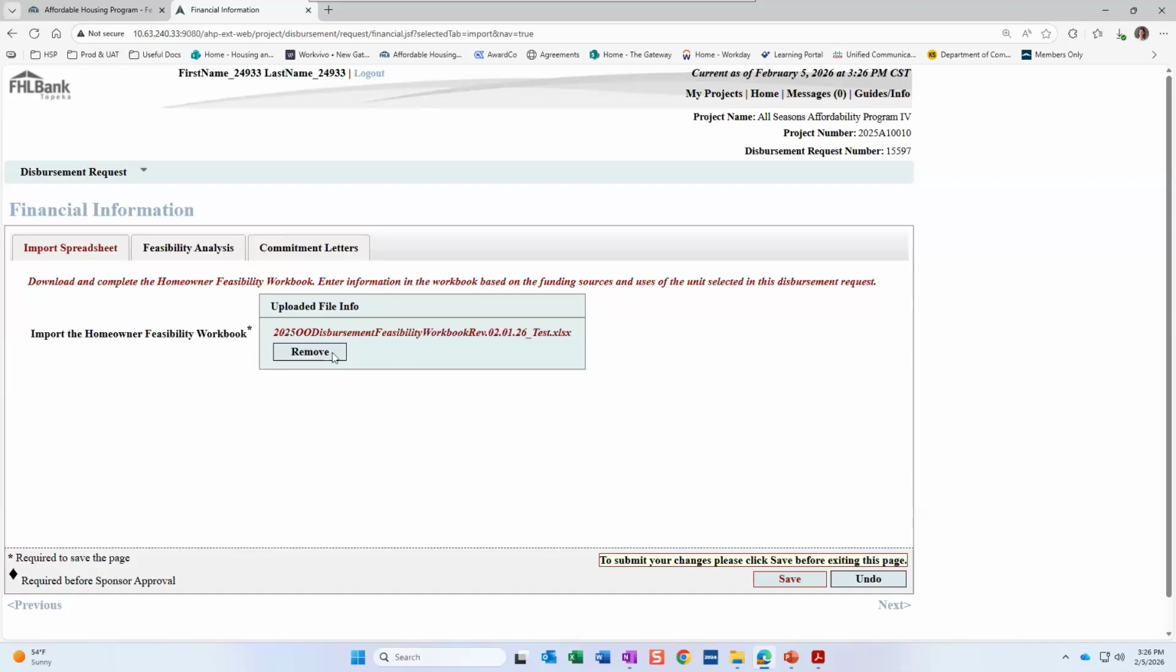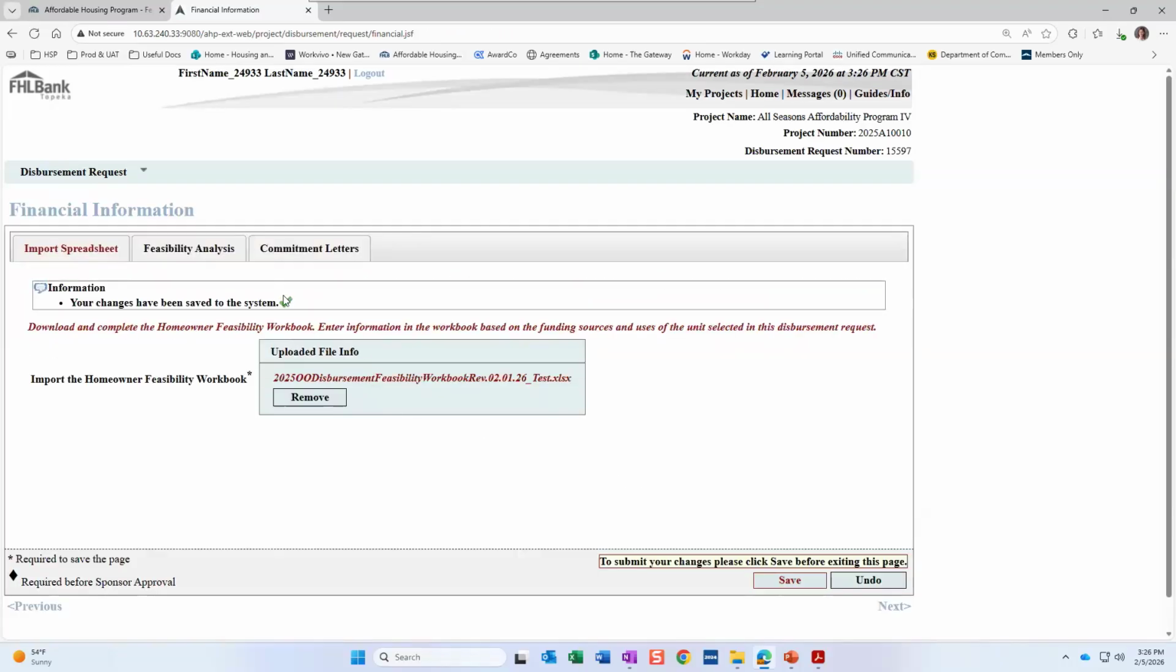But what you'll do is you'll upload your feasibility workbook just like this. You'll click Save. And when you do that, you should hopefully get a green check mark. That indicates that the system accepted the workbook and everything looks good from at least the standpoint of how it